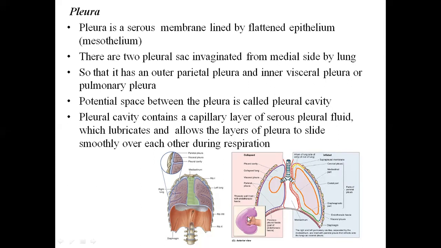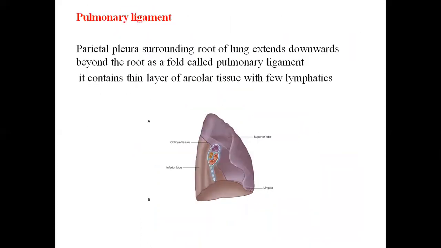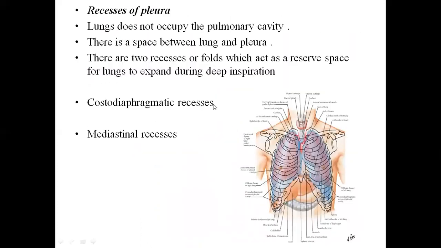Here you can see the parietal pleura, and the visceral pleura is covering the lung. You cannot say that the lung is entering into the pleura. Lung is never entering into the pleura. So it is still, lungs are outside the pleura, if you look at it properly. That's what is meant here, the first sentence. Anyway. So there's a space between a lung and the pleura.